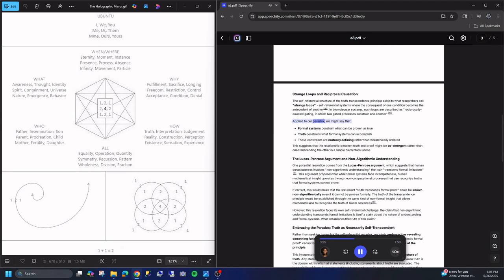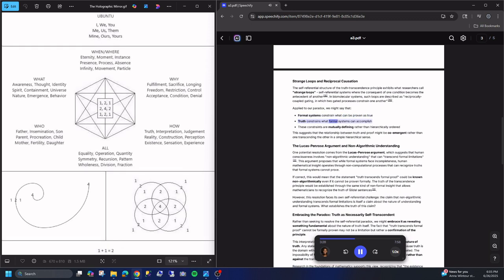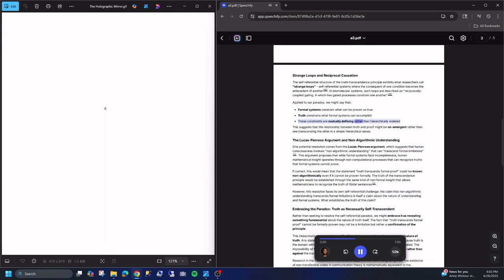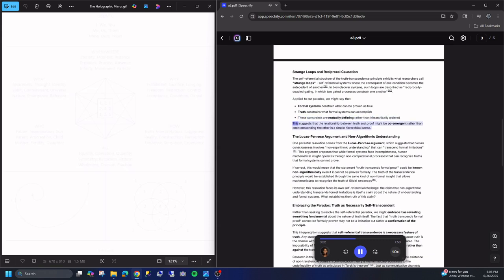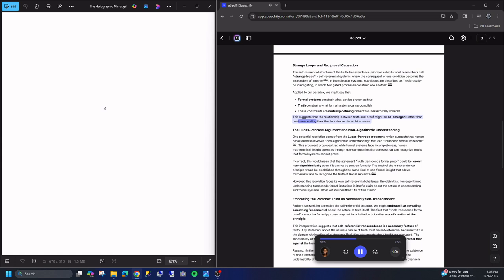Applied to our paradox, we might say that formal systems constrain what can be proven as true. Truth constrains what formal systems can accomplish. These constraints are mutually defining rather than hierarchically ordered. This suggests that the relationship between truth and proof might be co-emergent rather than one transcending the other in a